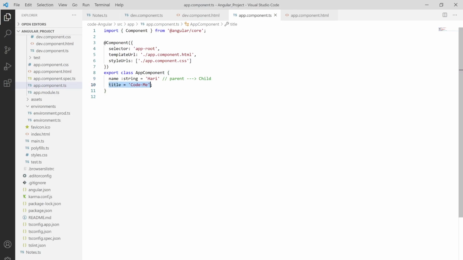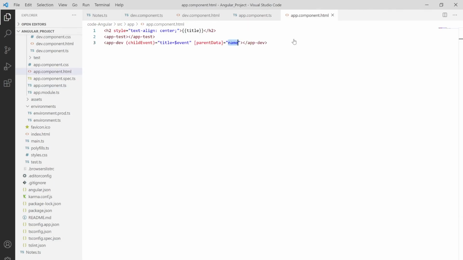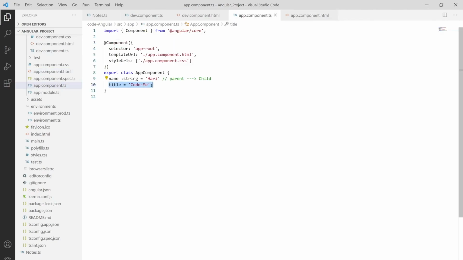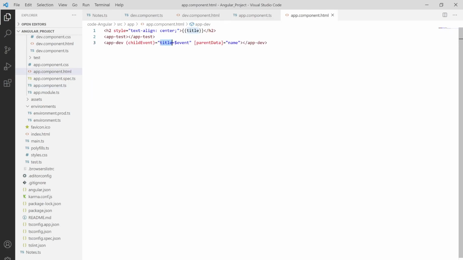We are defining one variable where we want to store our data, and if we move towards our app component HTML, here as you can see we have a special keyword which is the child event, and we say hey, this event is going to come from the child class, and you are going to store that value in the property title. After storing that value I am showing it in the UI with the help of interpolation. So that's how it works over here.